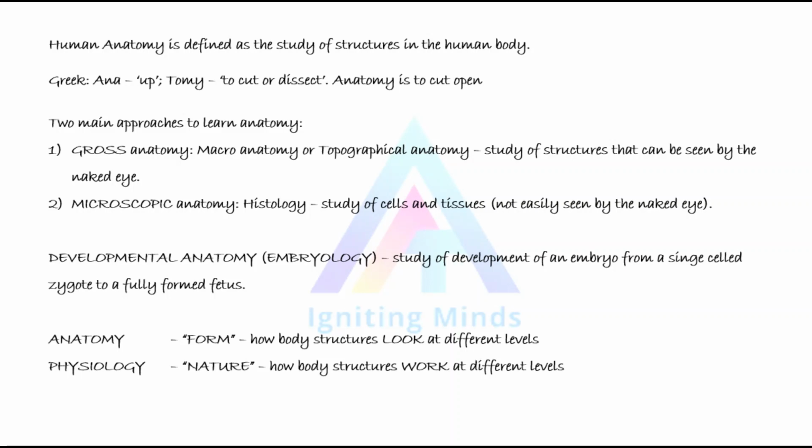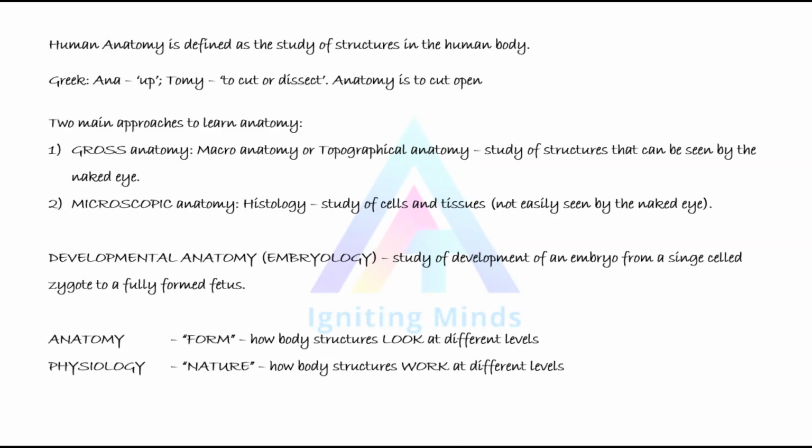There are two main approaches to learn anatomy. One is gross anatomy, which is also called macro anatomy or topographical anatomy. This is the study of structures that can be seen by the naked eye. Number two is microscopic anatomy, which is also called histology. This is the study of structures at microscopic level, which is the cells and tissues that are not easily seen